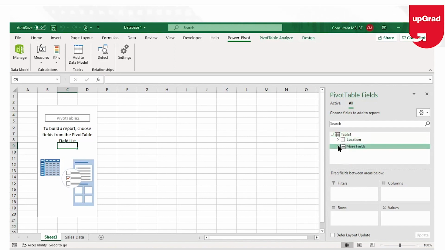But what I need to do is, I'm not very happy with this data because your continent, country, region, territory should only show in the location, which is the top hierarchy. Why is it showing in the more field? It should not show up here so that I don't get confused when I'm dragging the data into these 4 quadrants. So what will I do is, I will hide these 4 things from my pivot table. How do I do that?